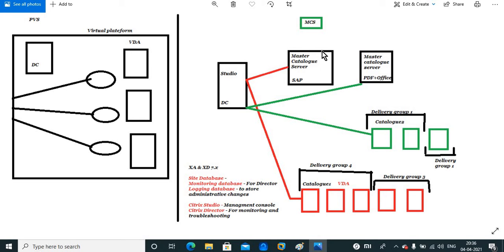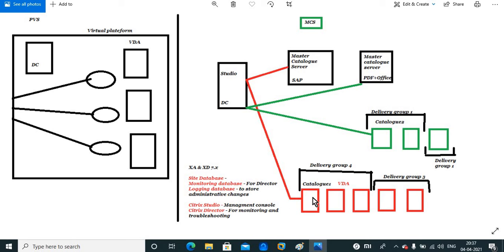Once we select the VDA, it will ask whether you want to create a master image or install it. So I need to choose the master image, and it will create the master image of that server. And same here, so we'll create 2 master images, and from Studio Console, once we go to create the catalog, machine catalog, at the time of machine catalog creation, it will ask, do you want to create machines of desktop or servers? Then as per our requirement, we'll choose server or desktop.